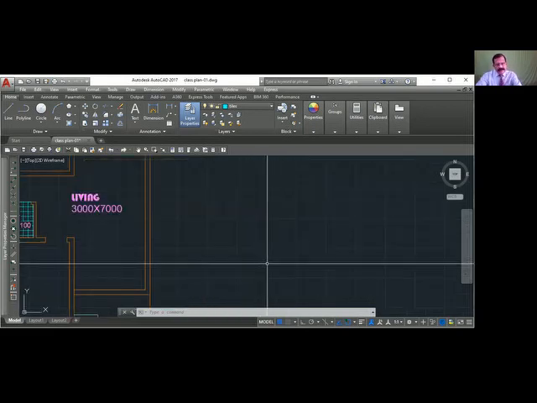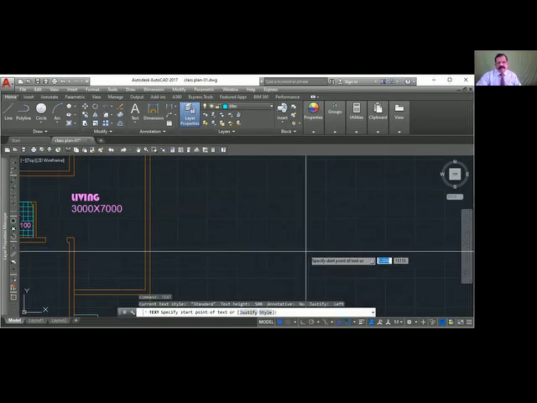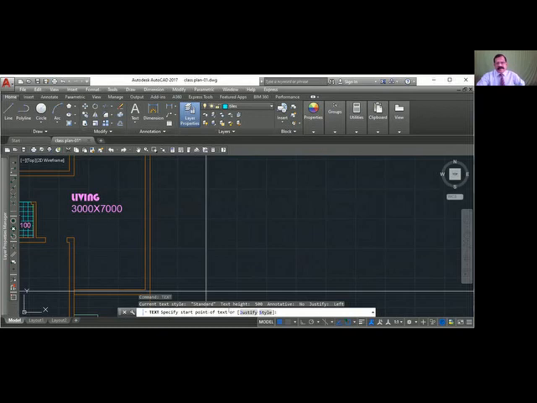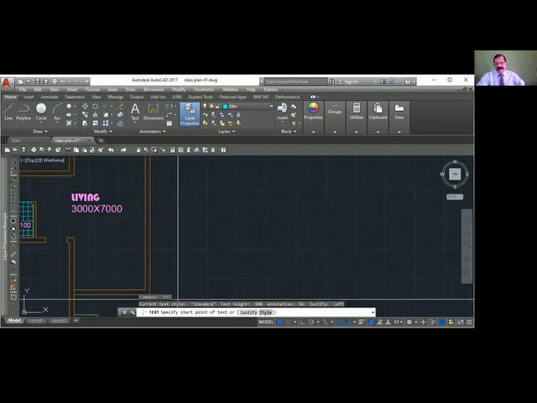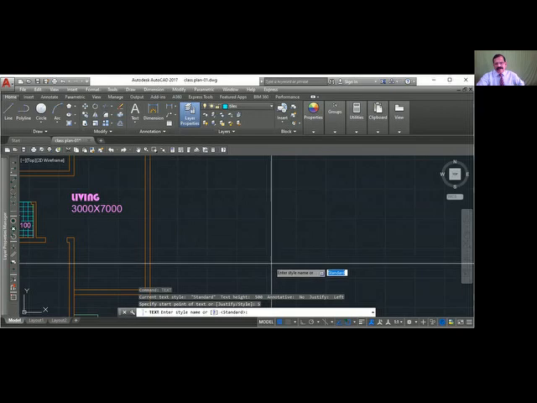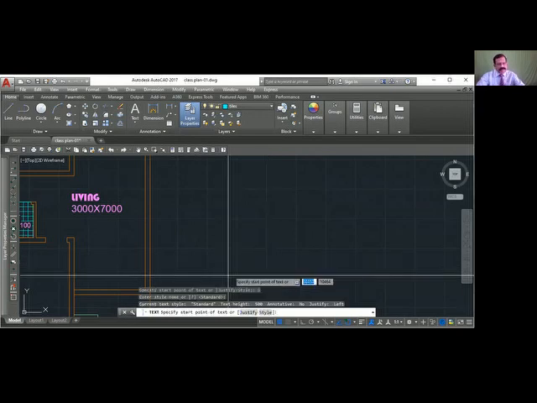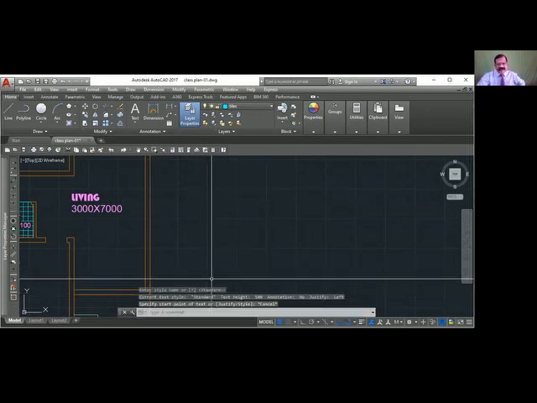When I say text, before showing the start point, there is a command called justify here. You can go to style from here also. You go to text and click the style. In this case, it will not show you the dialog box and other things, so you should know the name. So it is better to type the style and go. Okay, we are going to learn what is justify.